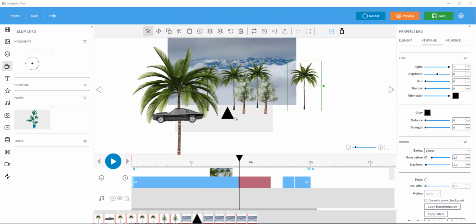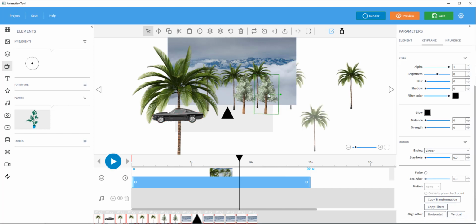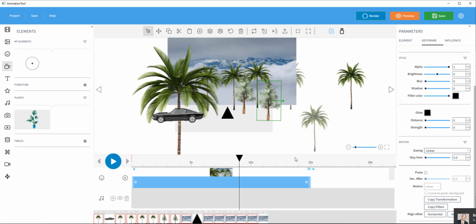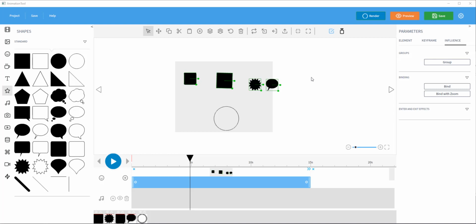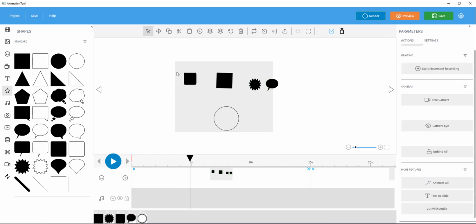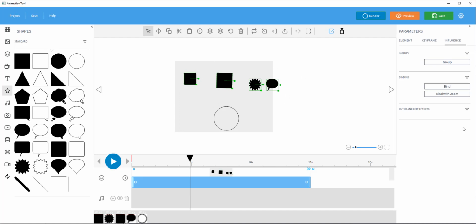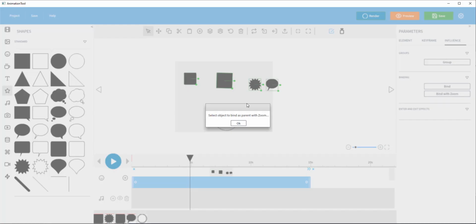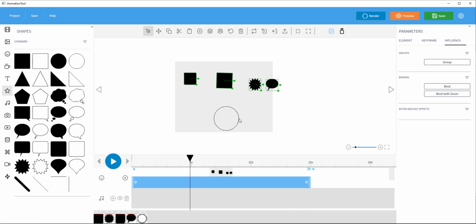Another thing I see here, all these objects are bound to this. For example, if I select one, you see all the objects are selected down here. If I make a duplicate, it's duplicating the background, this one. So here I think I understand. For example, if I choose all these elements together and I bind to this,